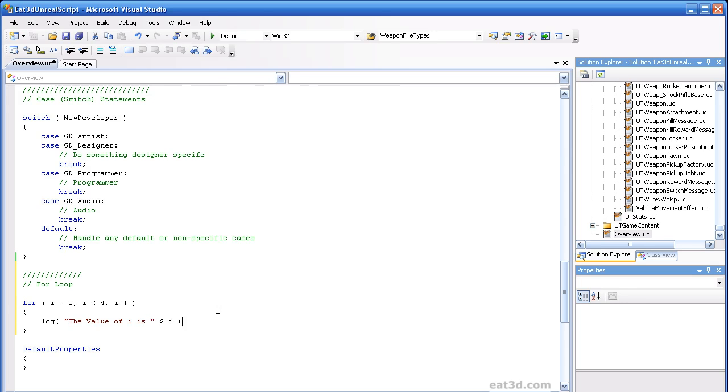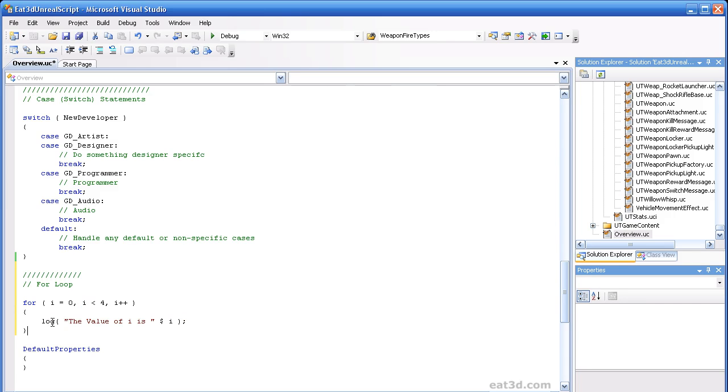All right, and then we'll go ahead and close the log statement. So what we have here is the very, very simple for loop that's going to run 4 times, and it's going to log this string out to the screen 4 times. And each time you're going to see this, since it's referencing the variable that we're using as the index in the loop, this is going to change each loop. So you're going to see this message printed 4 times. First is going to be the value of I is 0. Second, the value of I is 1, and so on up to 3. And then when it gets to I is equal to 4, this resolves to false, which means this will not process again. It will instead skip to the end and continue executing the script after the for loop.